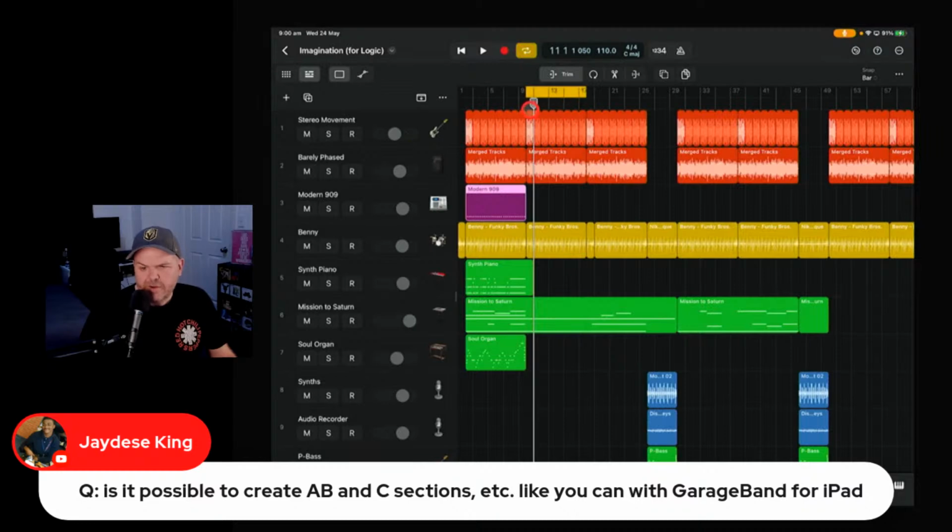Oops, we turned it off. So I'll just put my playhead to the end. Once you get to the end of the section, it drops back to the start. So whether you're playing back or recording or whatever you're doing, it'll just cycle through that again and again. And you can use the multi-take mode in Logic to do multiple takes over and over. So no, we don't have the sections, but we have cycle. So I think it's going to be a bit of a positive trade-off. I hope so.